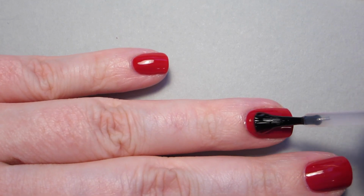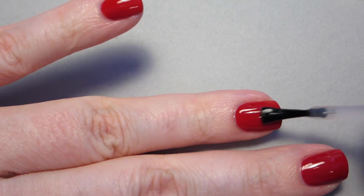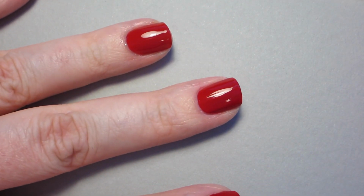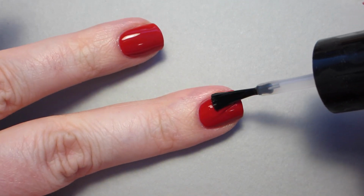Because it dries so quickly, and it dries to a glossy, shiny, mirror-like finish. And it does it so quickly. It makes it so your nails look perfect. I cannot tell you how much I love Sèche Vite. On the same hand, I kind of hate it because sometimes you can get some shrinkage where as it dries,